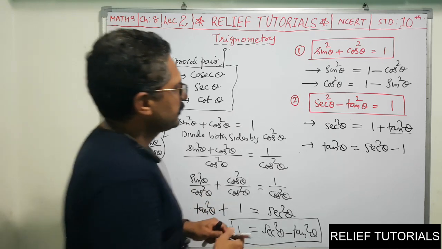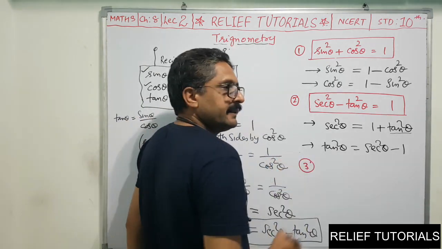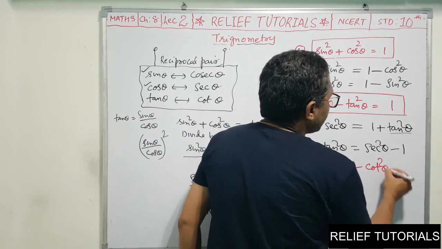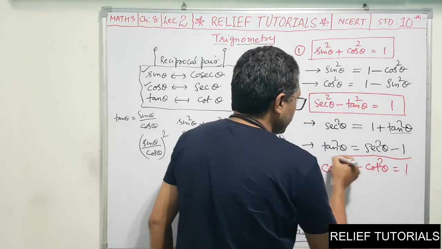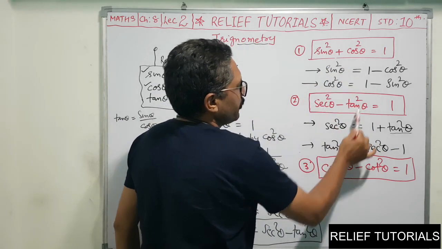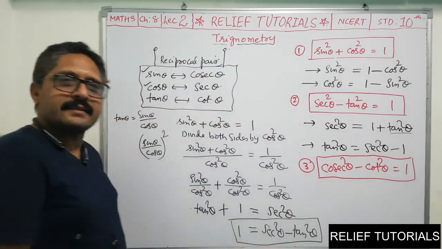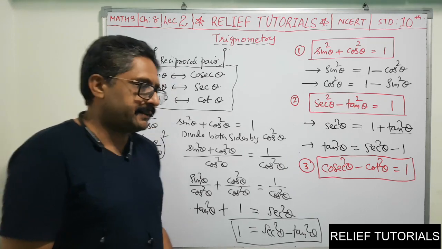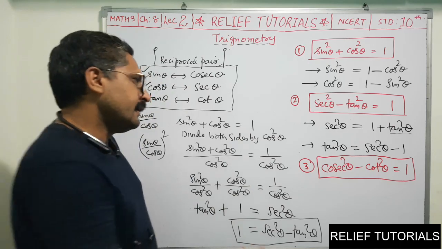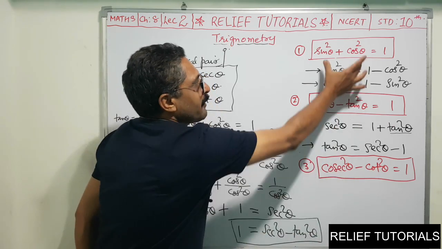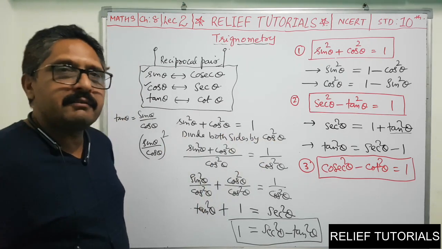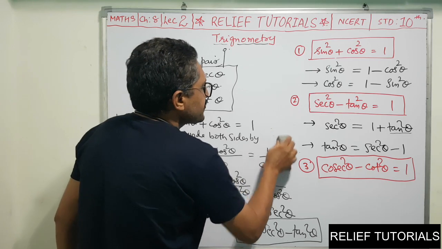That is third identity and final identity. That is cosec square theta minus cot square theta is equals to 1. See all ratios 1, 2, 3, 4, 5, 6. So all 6 ratios are included here in these 3 identities. Now question arises, how we got this identity? This identity is nothing but the derived form of our basic identity. How? Here we have divided both the sides by cos square theta. Now we divide both the sides by sin square theta.